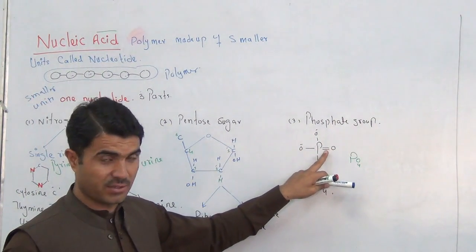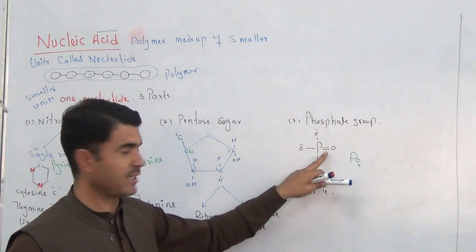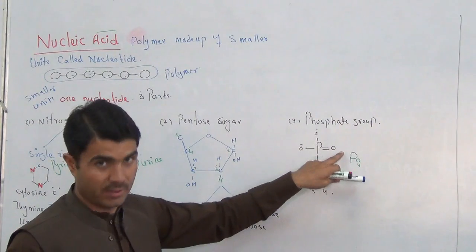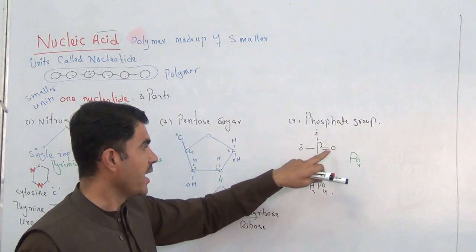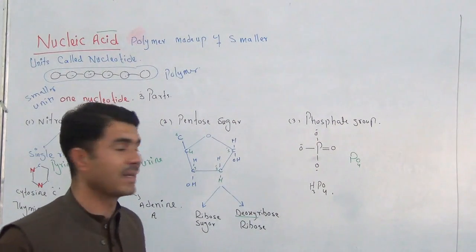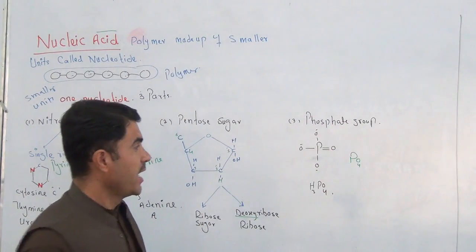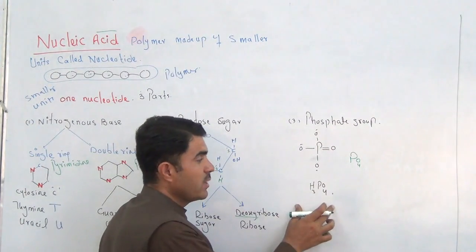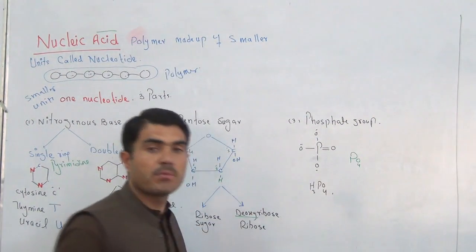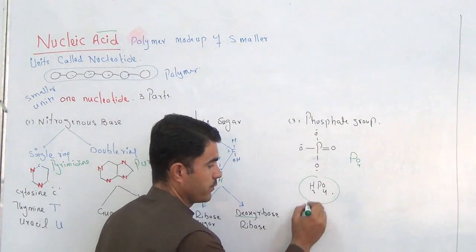Any one of the oxygens will be double bonded, and the remaining 3 oxygens will be single bonded with negative charge. This phosphate actually came from phosphoric acid, H3PO4,